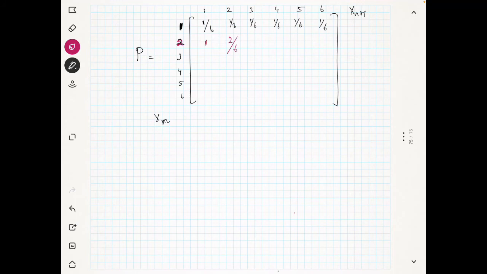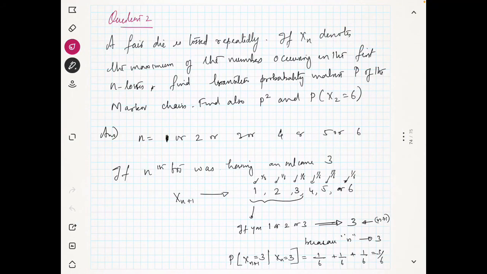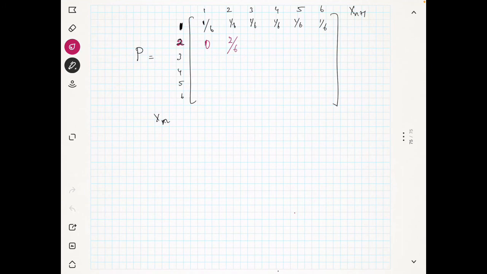So you are choosing only the maximum number, so this will be 0. That's what we have already explained here, because you will be choosing only the maximum number. Similarly for 3 there is no issue, 1 by 6, 1 by 6, 1 by 6, 1 by 6. Now in the